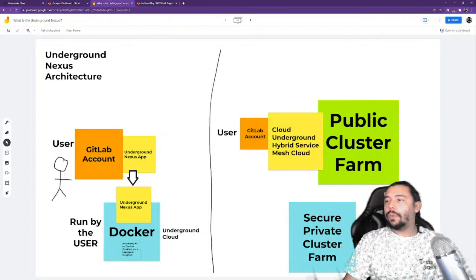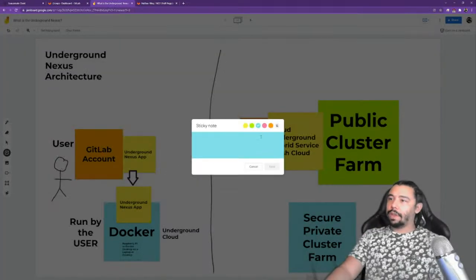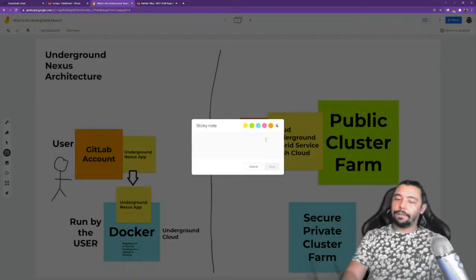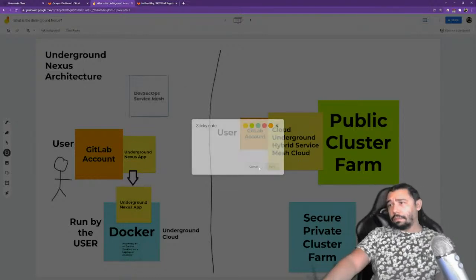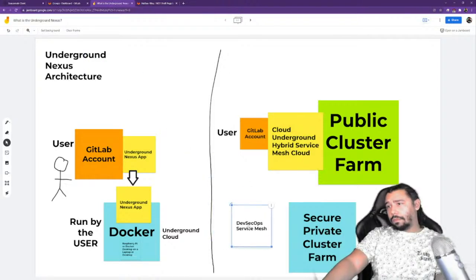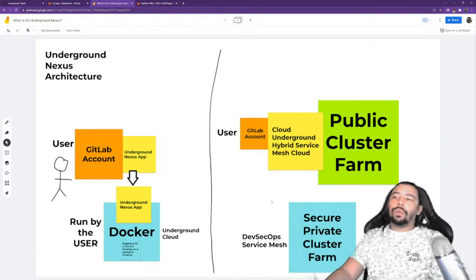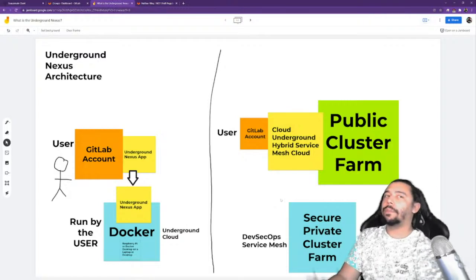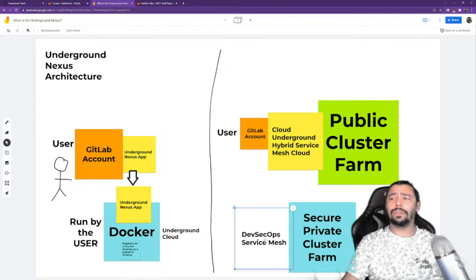So we have our DevSecOps service mesh down here that we host everyone on, that we run runners from, all that good stuff. All of it's technically a DevSecOps service mesh. So that's our cluster farm. It all runs over a DevSecOps service mesh. So really, what we're doing is giving everyone the power to run the same architecture that we grow and scale. You've got to start somewhere. We started with the Pi, and then you just scale up and up as you grow.